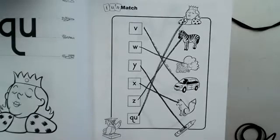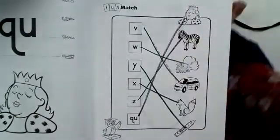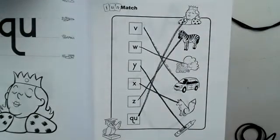Mm-hmm. Look at all your way up to the queen. Scribble. It's okay. I can see where they go. Look, Z. I'm following it to zebra. You want to start over? Yeah. Can I help you? Okay. Let's do it. And wonderful, you can figure it away. So make sure you put them